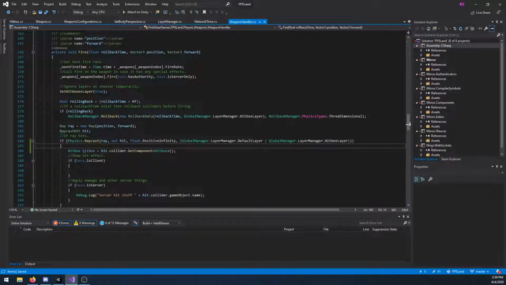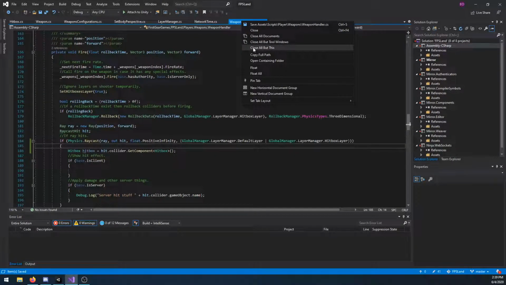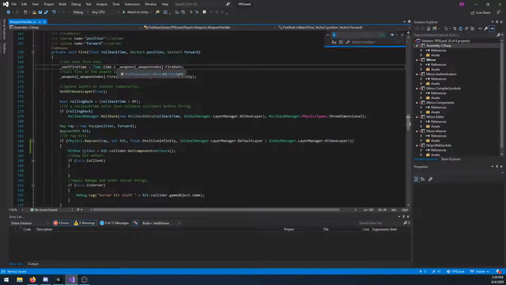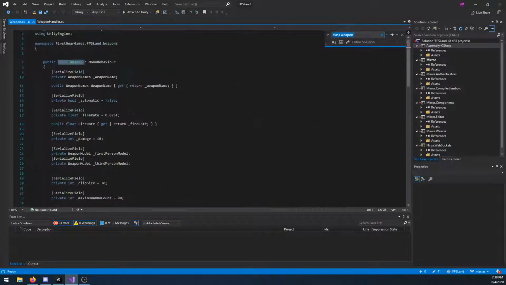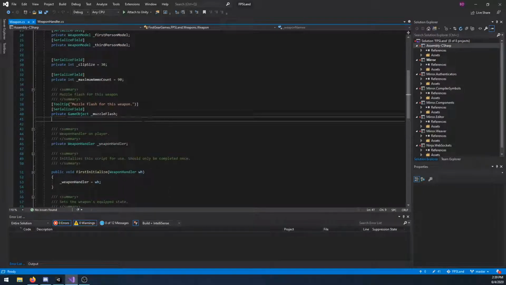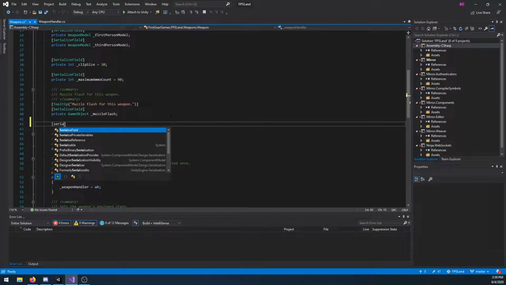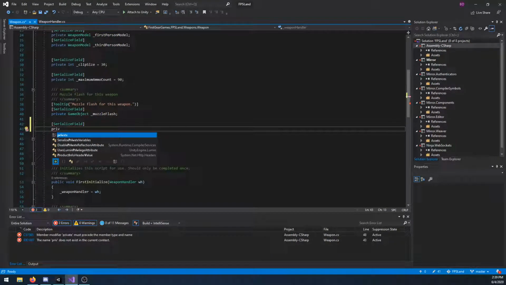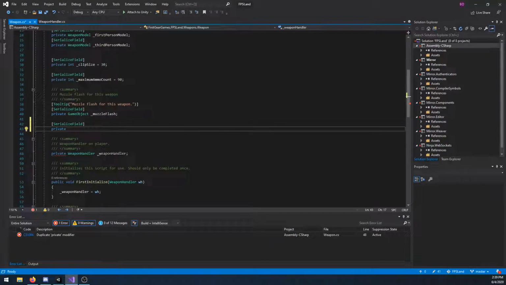something's hit. So I think I need to go to my weapon script. I'm going to close this real quick. And I'm going to just do class Weapon. And right now I do have a prefab for muzzle flash, but I wonder if I want an impact for different weapons. I think I do, because some weapons might be a lot more vigorous and they might do different impacts. So let's do